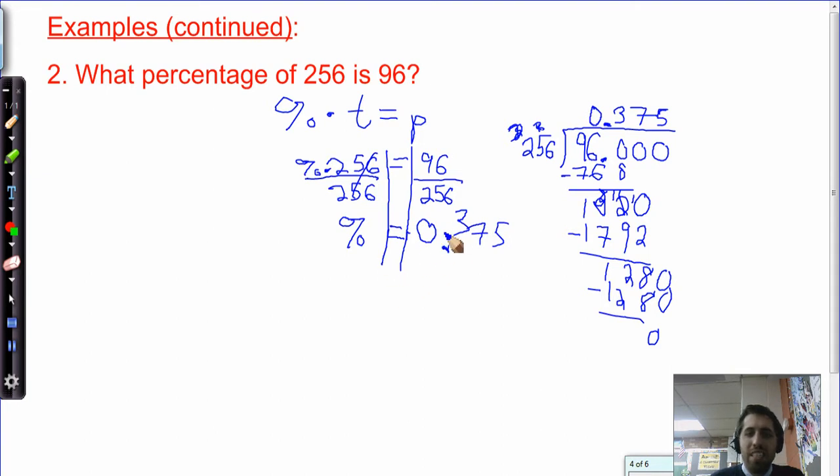To change this ugly decimal into a percentage, we need to multiply by 100 and move the decimal twice to the right. So the actual percentage would be 37 and 5/10%. That's the percentage. So again, we have to remember that when we use this percentage value in our equation,